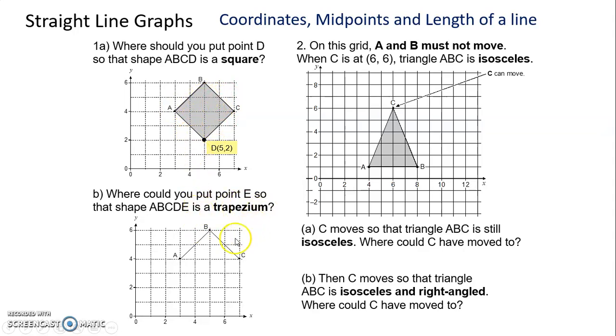Right, where would you put point E so that you had a trapezium? You need to remember, for a trapezium you need a pair of parallel sides. So two options here. One is if you create a side that's parallel to AB, in which case it needs to be sitting somewhere along here. And one is you create a side that's parallel to BC, in which case it needs to be sitting somewhere along here. So there's an example of where you could have put your point, but it might just as well have sat down here. Couldn't have been there because we'd have had a square, but it could be down here,